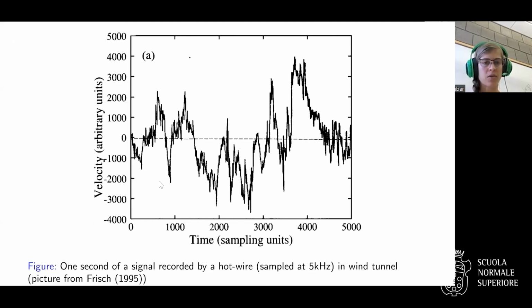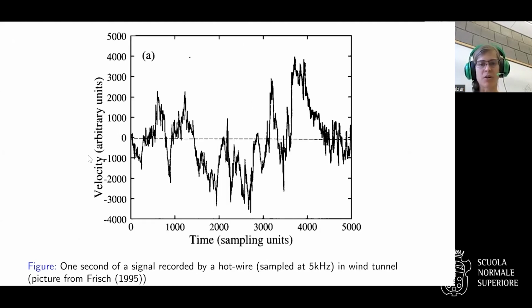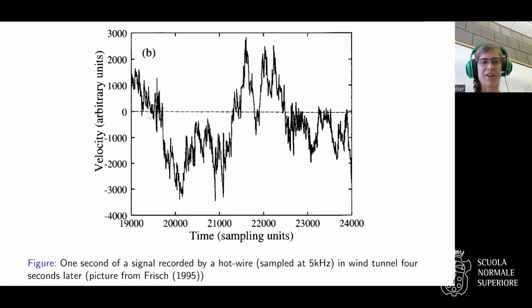This is normalized to have zero average velocity, and we see that it looks quite irregular. It looks like some stochastic process, and maybe not too regular. Then, say we had this symmetry that you can translate in time, and then you should get a solution again. If you translate in time, say you do this experiment again a little later, it still looks very irregular, and maybe qualitatively similar, but quantitatively, if you compare a certain point, say around here, they're actually relatively similar, but they're very different overall.